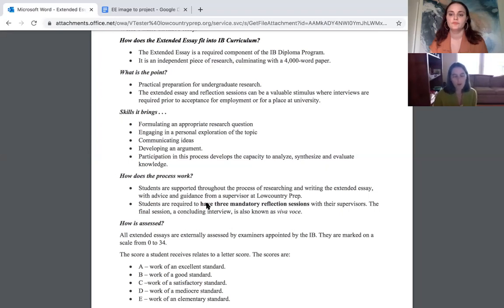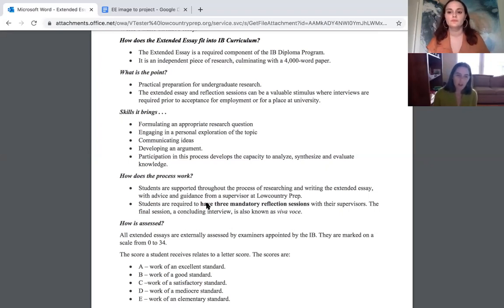Throughout this whole process, I want to make it clear that you have a lot of support at Lowcountry. Between my role as the IB coordinator, through Mrs. Tester's role as the English department, and then your advisor, there is a lot of support there for you. You will have 3 to 4 meetings throughout the year with your advisor. And again, if you keep up with those throughout the semester, completing your extended essay at the end in December should go really well, and it's a formula that has worked in the past.